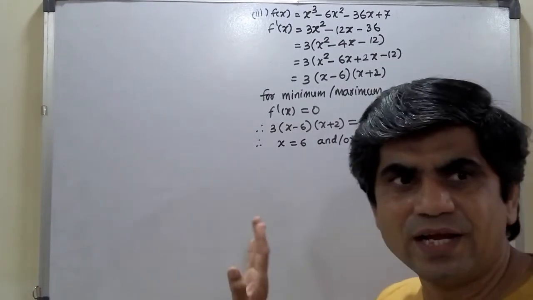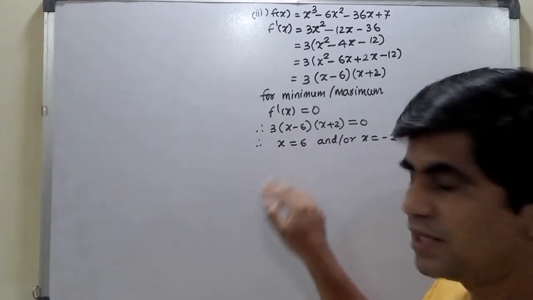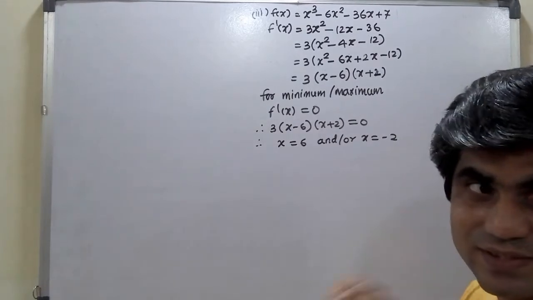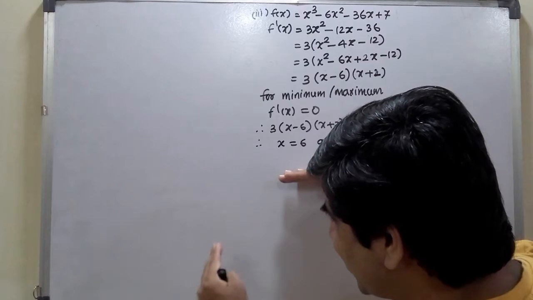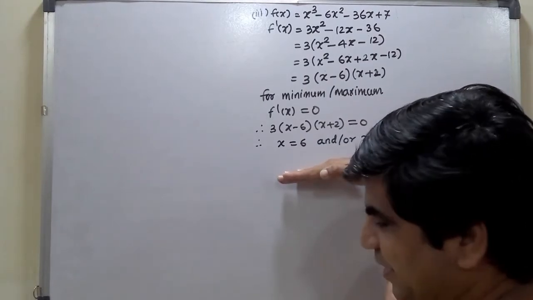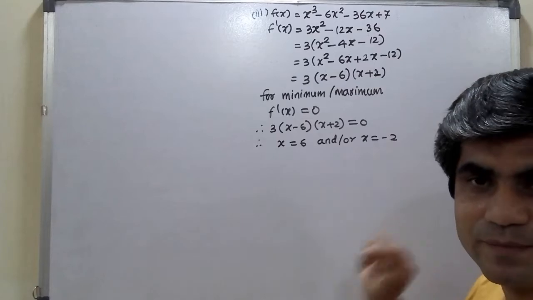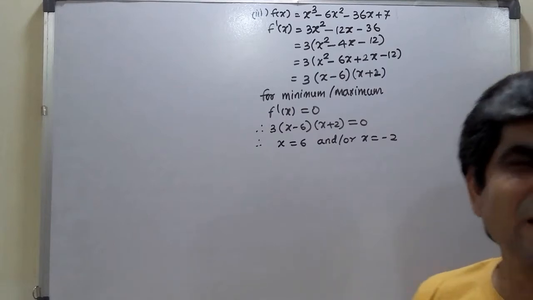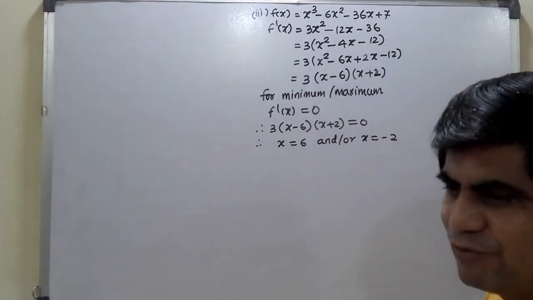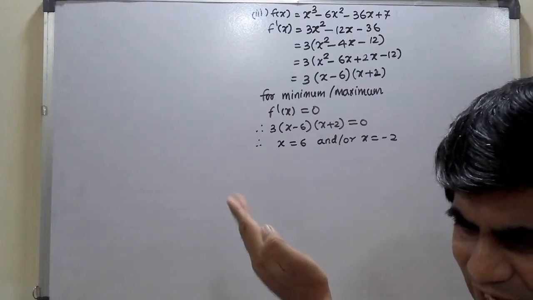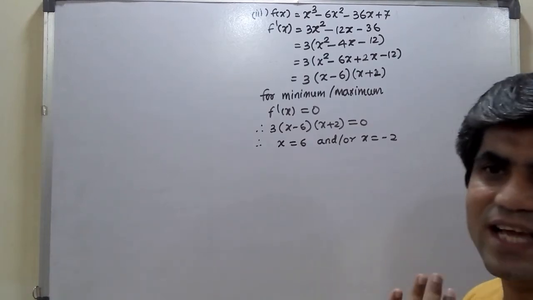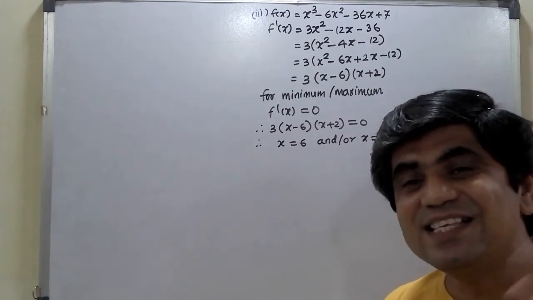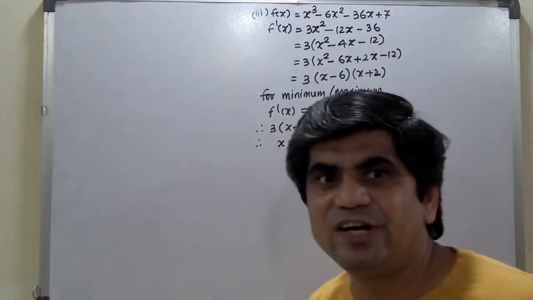Now I do not know what is the role of these points, but these are the critical points where the tangent is parallel to the x-axis. That is, if to the left the function is increasing and to the right the function is decreasing, this point will be the point of maximum. So I have to check to the left and to the right. That becomes a tedious job: find the left, check whether it is increasing or not, take the right, check whether it is decreasing or not, and vice versa. That is critical. So what we do is we take the second derivative. We apply the second derivative test.